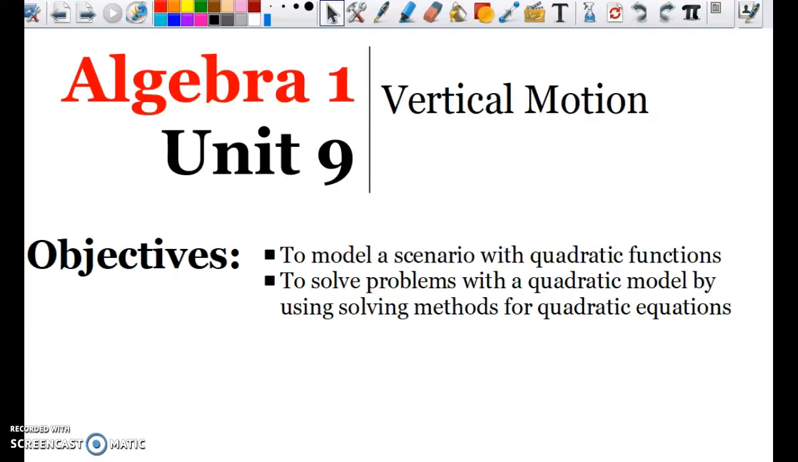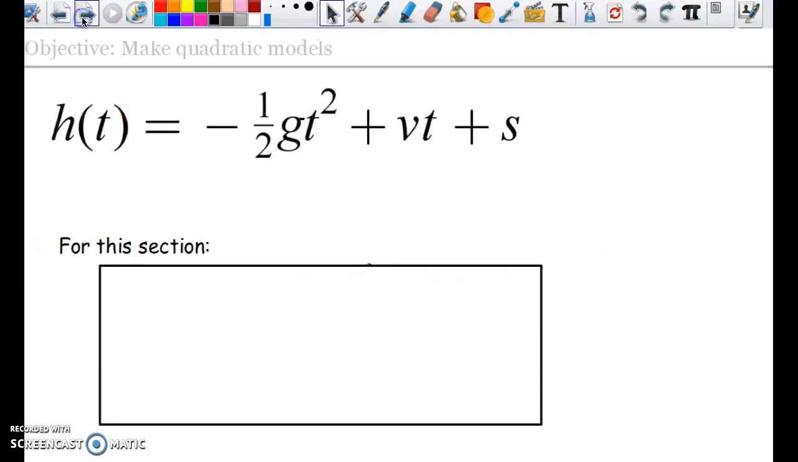Welcome to the vertical motion lesson of Unit 9. Now we're not just going to be dropping objects, we're going to be throwing the objects through the air. If you remember from the dropping lesson, we're going to use the same formula for the height after t seconds. H of t, or the height after t seconds, is equal to negative 1/2 times g t squared plus v